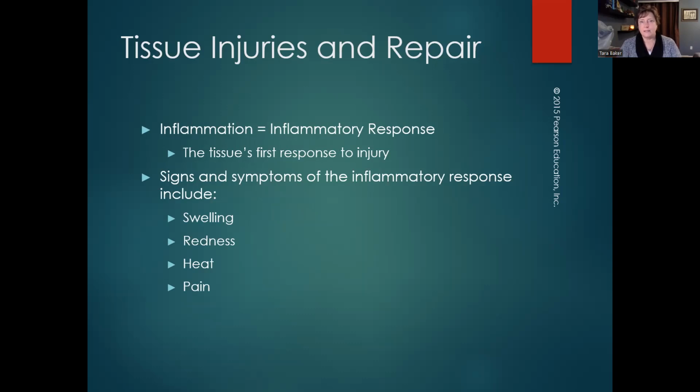Now, many of you know that we don't want too much inflammation, but inflammation is your body's way of starting to fix a problem. So any kind of injury that you have, you should see inflammation. That's a good thing. If inflammation goes on too long, or if inflammation is too big, then it can start to damage your body worse than the original injury. So that's why we're always trying to limit inflammation. But we do want you to have inflammation because you cannot fix your body if you don't have it.